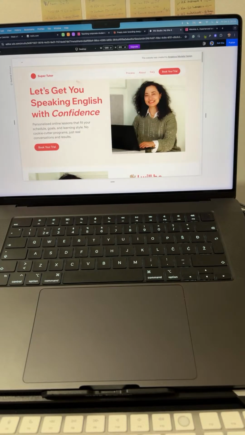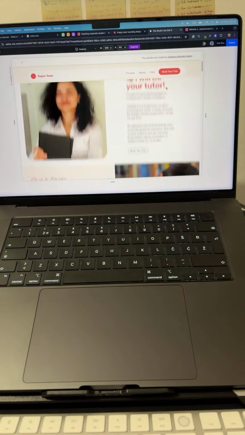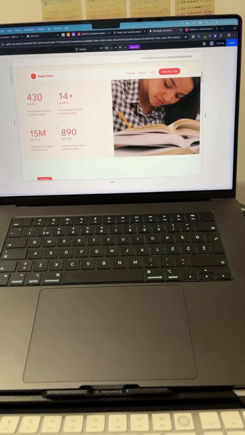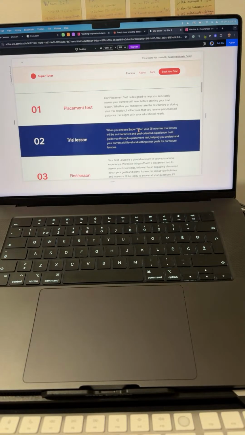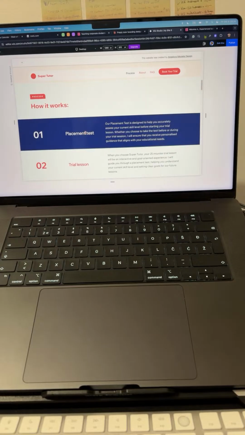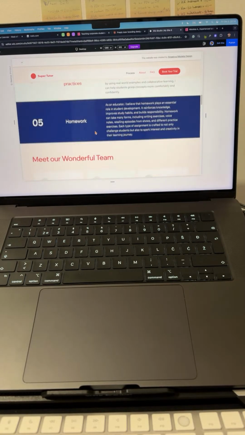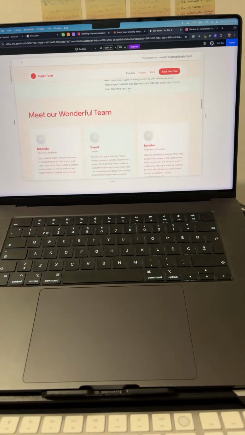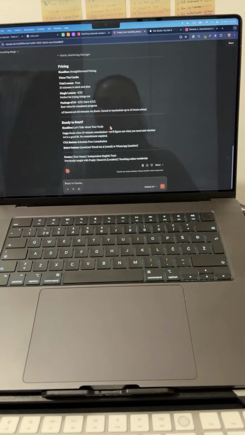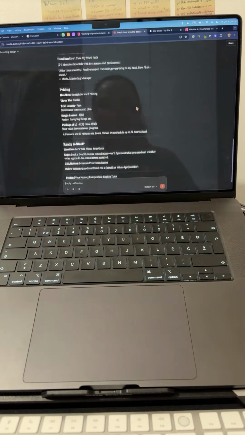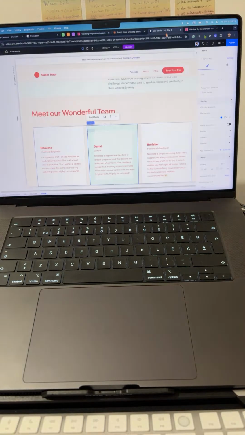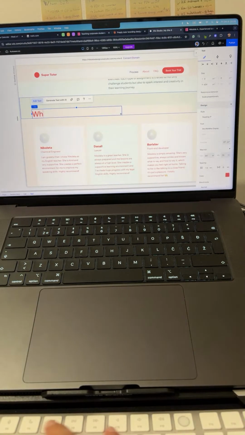For now, this is the result. I need to rearrange and add the video somewhere, fix the statistics, and maybe use some other metrics. This now seems more logical because it replaced the placement test as a first and then the trial lesson. Teaching methods and practices, homework, meet your wonderful team. Here should be what students say. Okay,